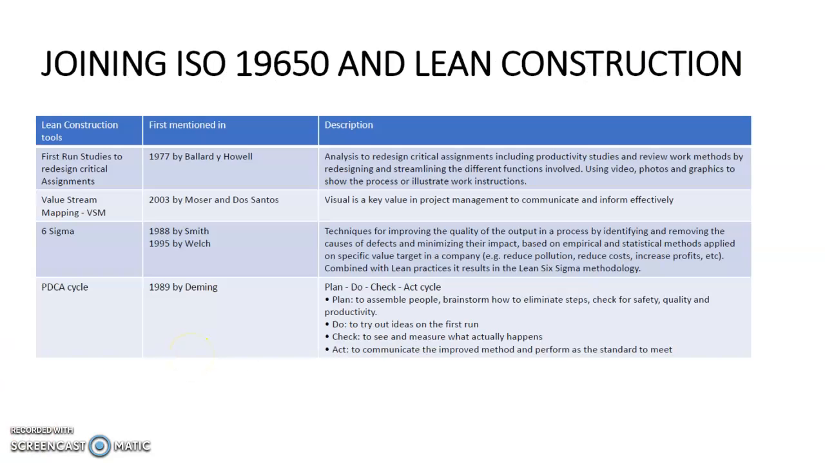The next 2 slides show you some of the tools under lean construction which we can use. And you probably would have seen them when we were talking about the virtual design construction. But these first run studies may not be so familiar to you. First run studies to redesign critical assignment. It was first mentioned in 1977, and the idea is analysis to redesign critical assignments, including productivity studies and review work methods by redesigning and streamlining the different functions involved,